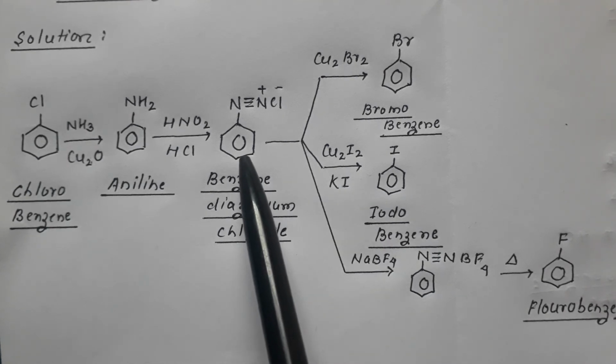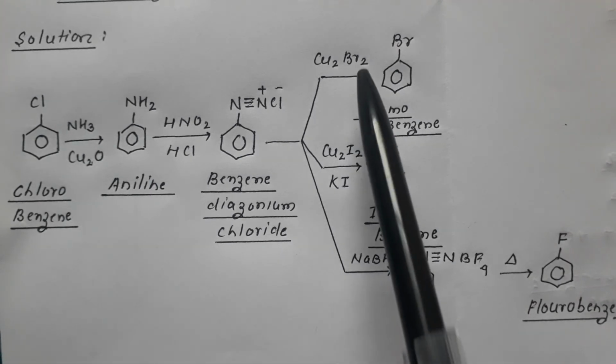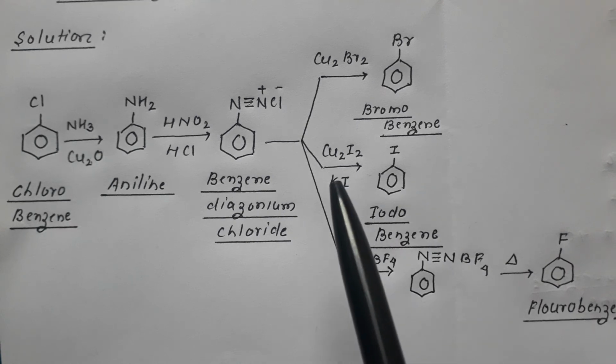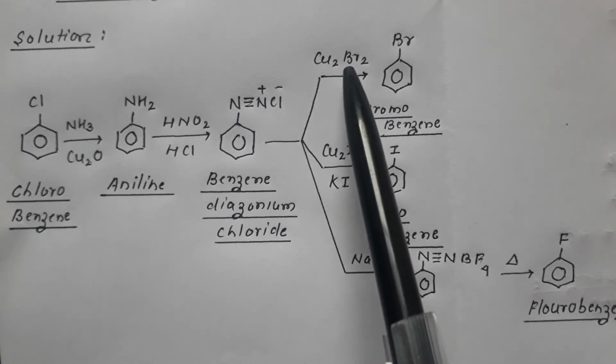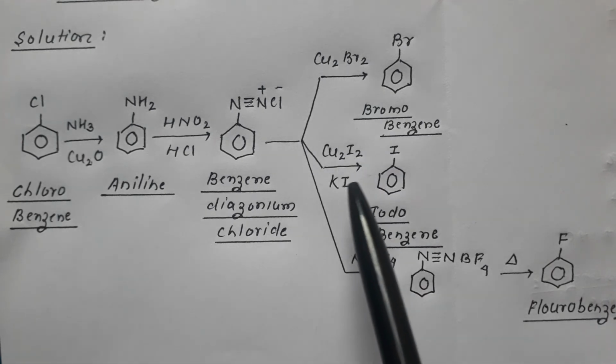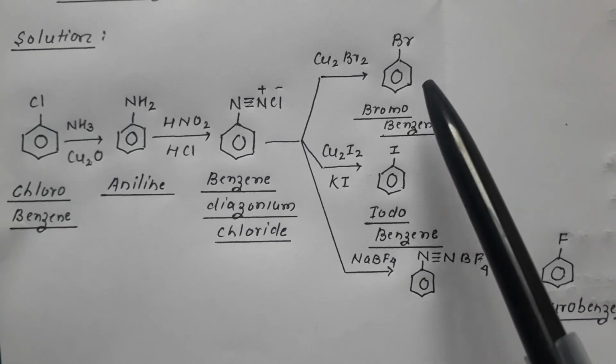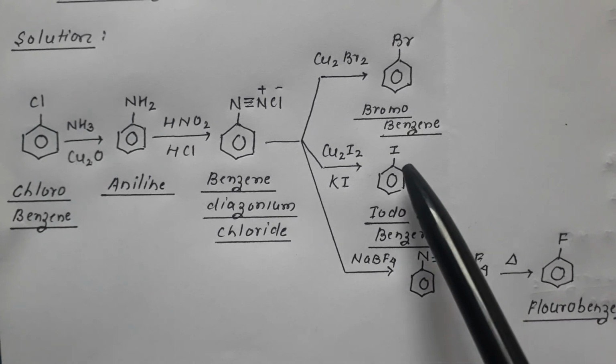So when benzene diazonium chloride is converted into bromobenzene and iodobenzene by reaction with a salt of copper, it is termed Sandmeyer's reaction. If you remember, I already dealt with that if copper metal is used instead of a salt of copper, then the same reaction would be termed Gattermann's reaction. So if a salt of copper is used, then it is Sandmeyer's. If copper metal is used, then it is Gattermann's reaction. I told you earlier also that using Sandmeyer's reaction and Gattermann's reaction, we can prepare chlorobenzene, bromobenzene, iodobenzene, but we cannot prepare fluorobenzene.